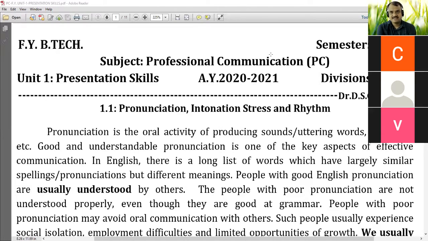And as far as stress is concerned, that is a degree of force with which we pronounce any word or sentence. We have seen that there are 2 types. Which are those 2 types of stress? Word stress and sentence stress. Correct, very good. So while discussing word stress, we have discussed one concept called a syllable.